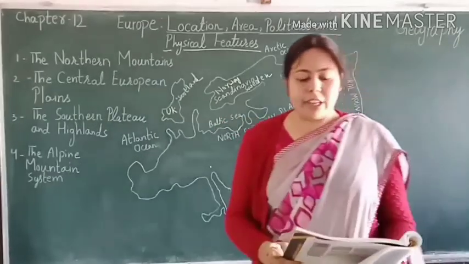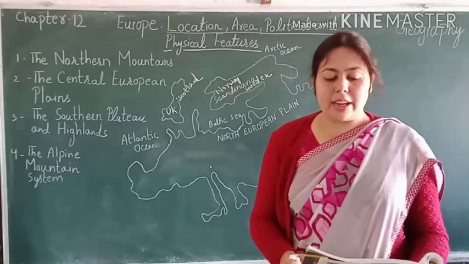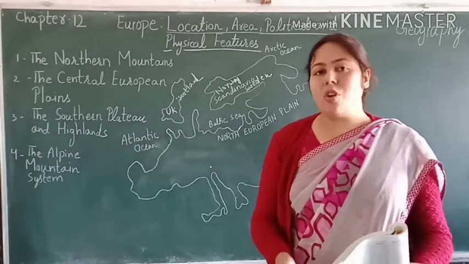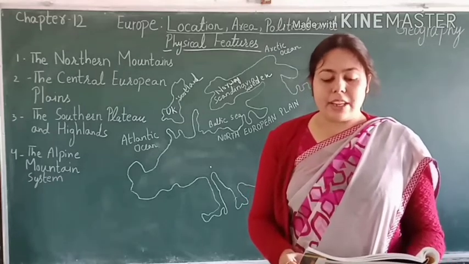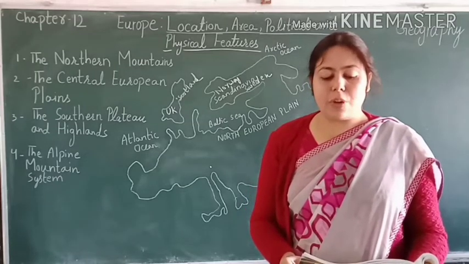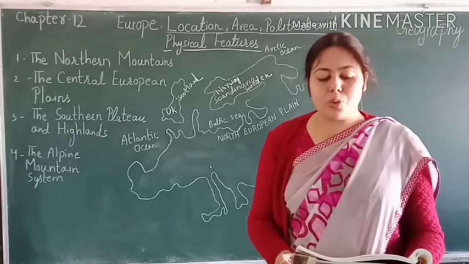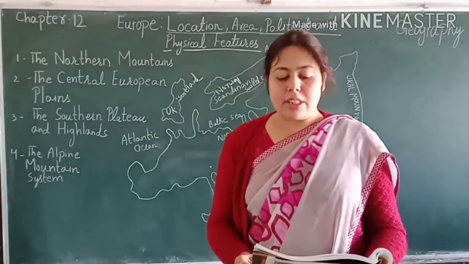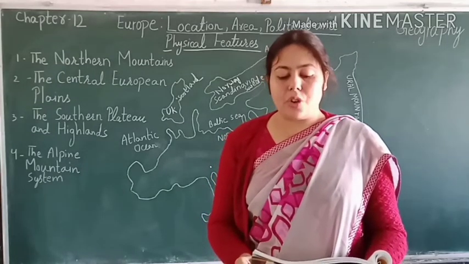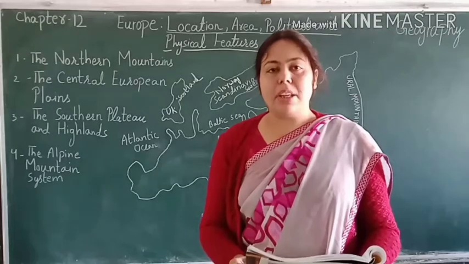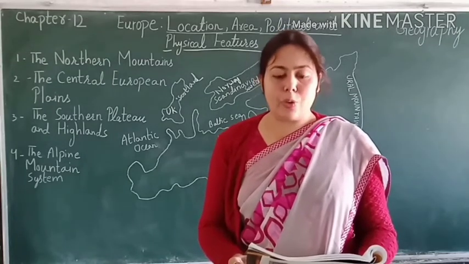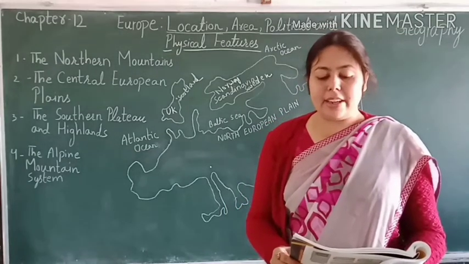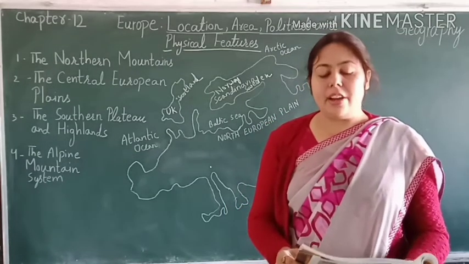They are made up of very hard crystalline rocks and were once very lofty and rugged. Rugged means these rocks are very rough. However, after facing the erosive action of glaciers for millions of years, they have been reduced to low hills with gentle slopes. In the coastal region, fjords have been formed because of the drowning of glacier valleys. What is the meaning of fjords? Fjords are narrow but deep inlets of water with steep sides that break and indent the coastline, making it irregular.